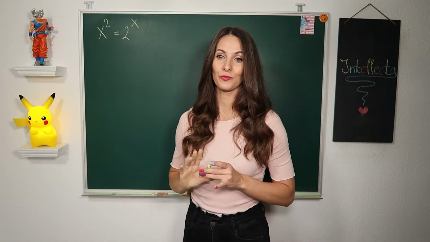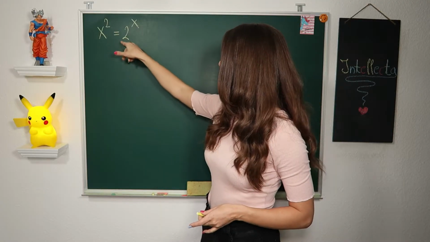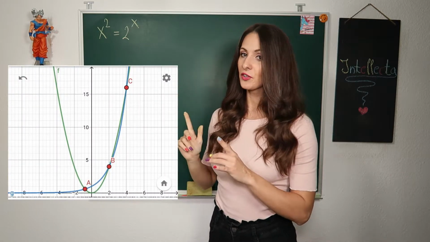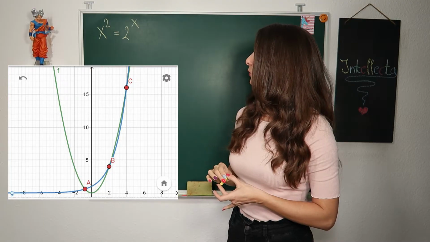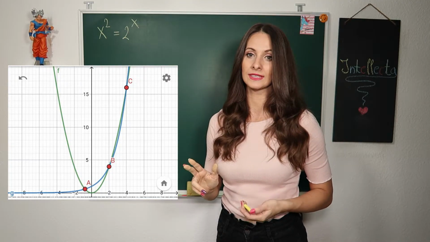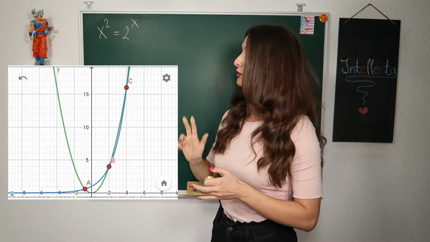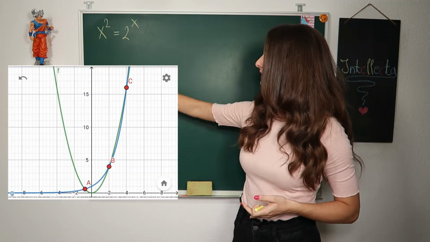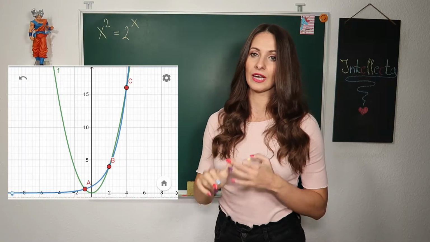So the first equation we are going to be solving is x squared is equal to 2x. Let's see how it looks on the graph. If you take a look, you will see that we have three intersection points. That means we will have three values of x. So solving this equation, we will get three x's, two of which are going to be positive and one is